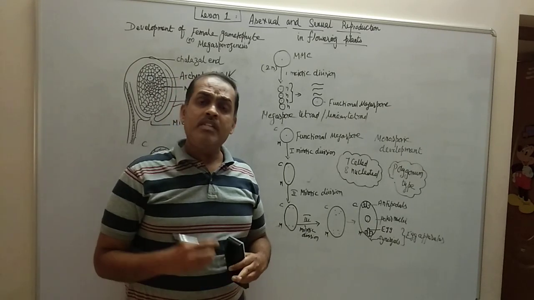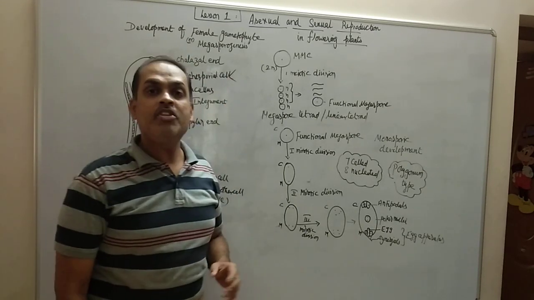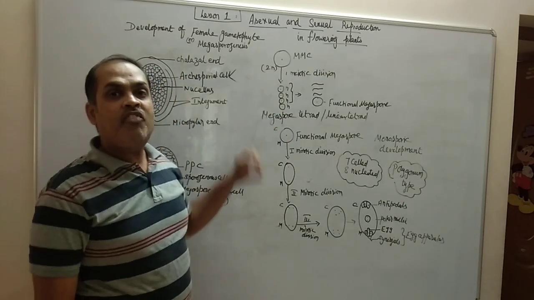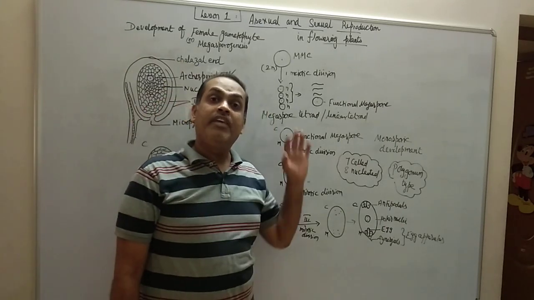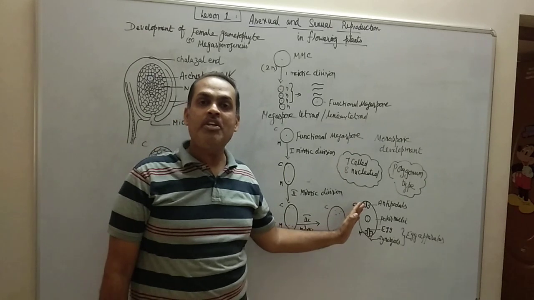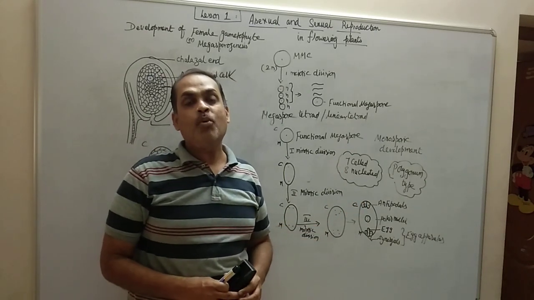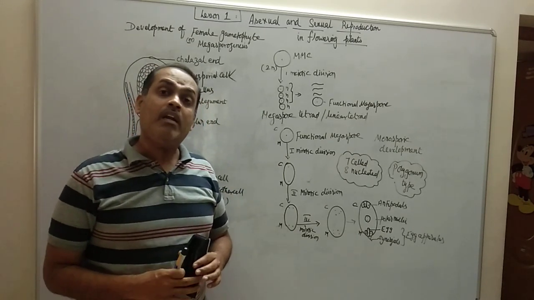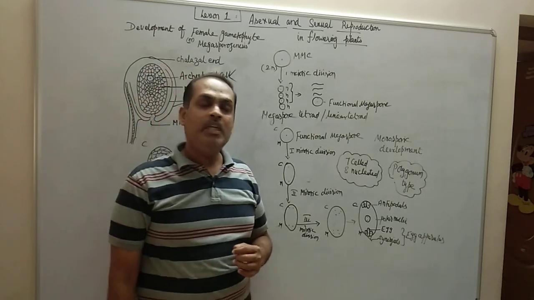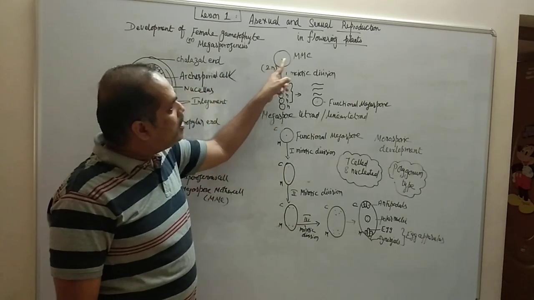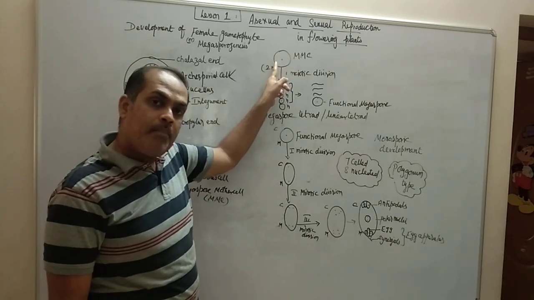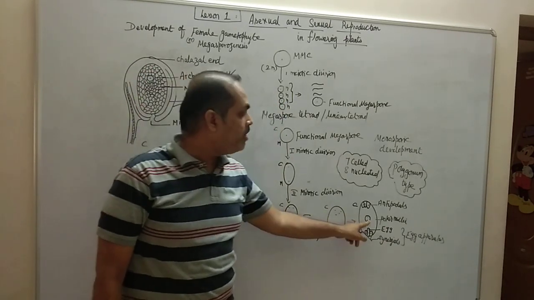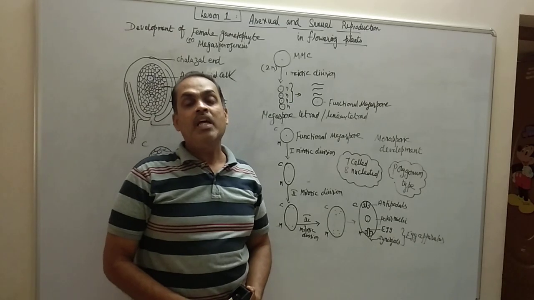Now, in certain plants like Allium, belonging to the Liliaceae family, out of the 4 megaspores formed, 2 megaspores will remain functional, only 2 will get disintegrated. And if the 2 functional megaspores are involved in the formation of the embryo sac, we can call it bisporic development. Example is Allium. In Peperomia, it is called tetrasporic development. Tetrasporic development means, after the megaspore mother cell undergoes meiosis, 4 megaspores are formed. When all the 4 megaspores are involved in the formation of the embryo sac, then it is called tetrasporic development.